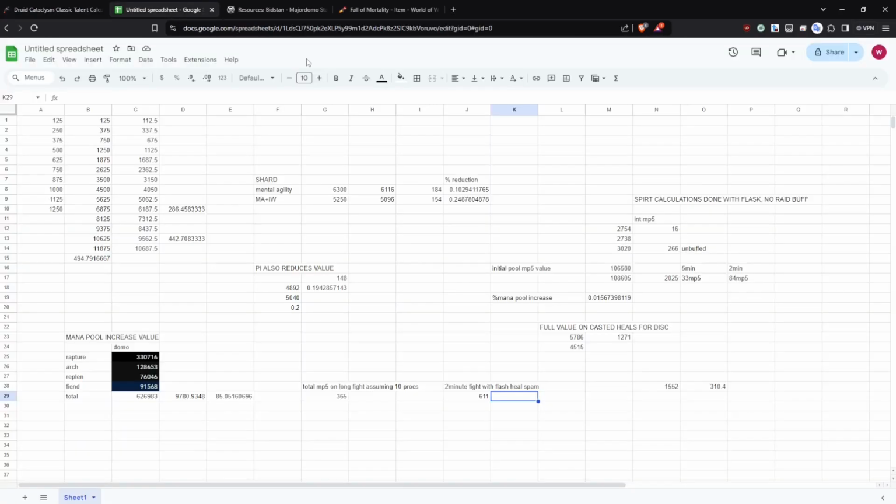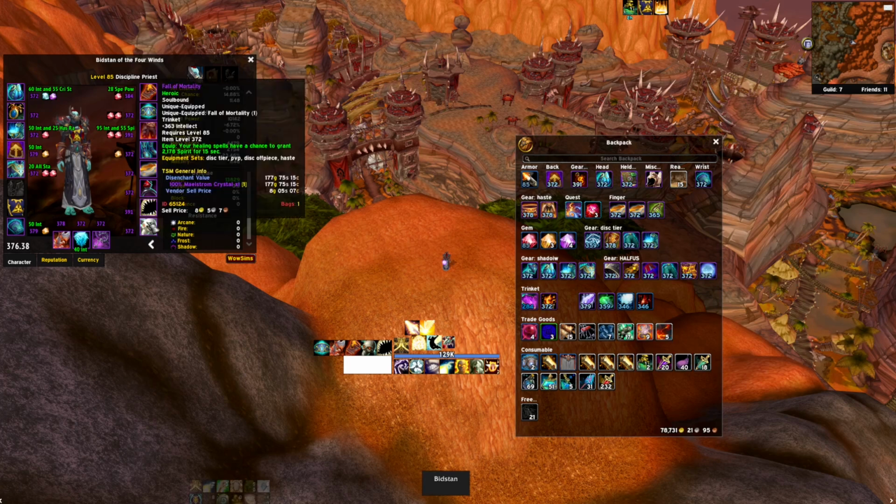When it comes to Fall of Mortality, it gives a decent amount higher MP5. The DMC was like 270 and Fall was about 310 MP5. Again, that's unbuffed, so it's going to be a little bit higher in raid. And also you get an extra 30 intellect or whatever it is. So Fall of Mortality, I think, is still going to be BiS for Discipline Priests on those longer prog fights,